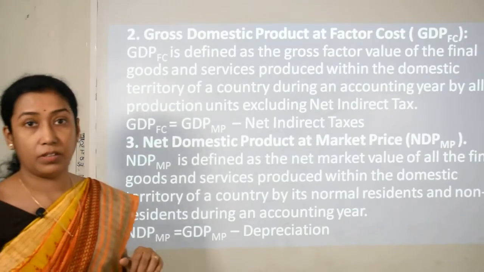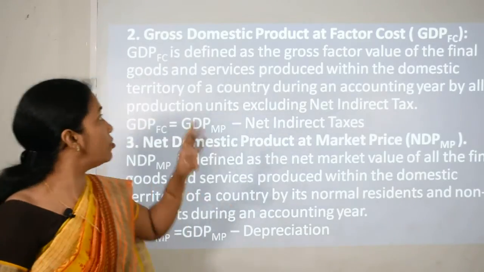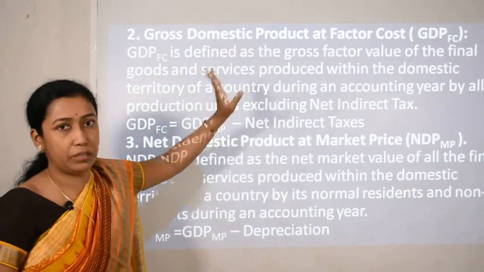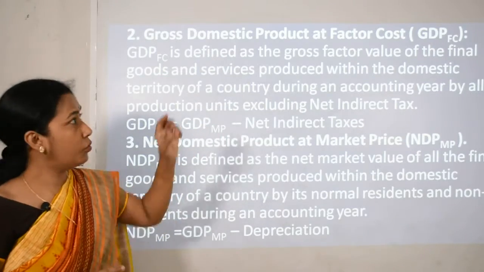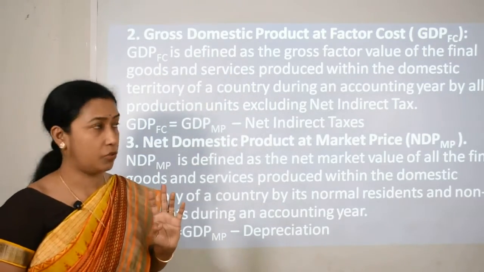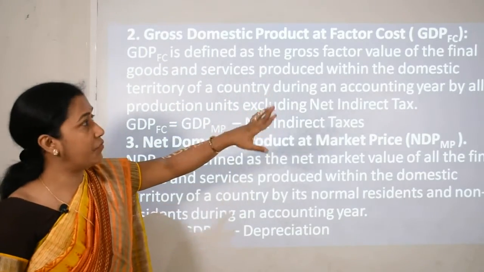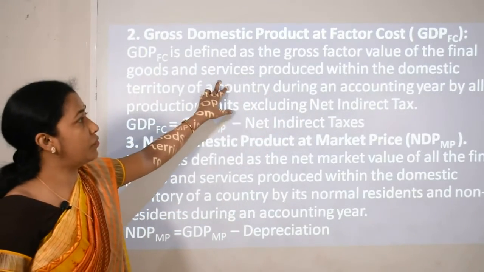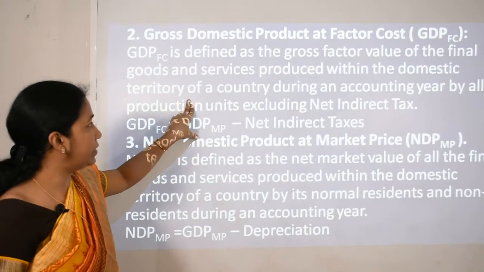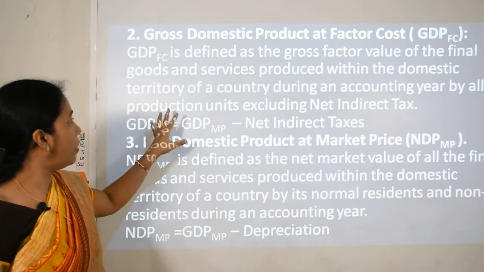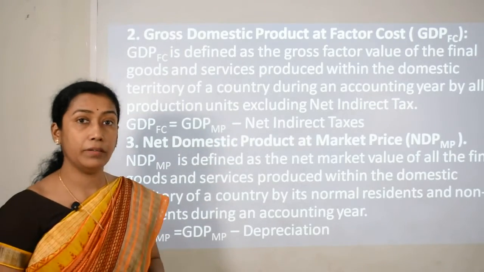Now, some other concept besides GDP at market price is GDP at factor cost. Now, you clearly understand what domestic product means, and gross. So, moving ahead to GDP at factor cost. GDP at factor cost is defined as the gross factor value of the final goods and services produced within the domestic territory of a country during one accounting or financial year by all the production units excluding the net